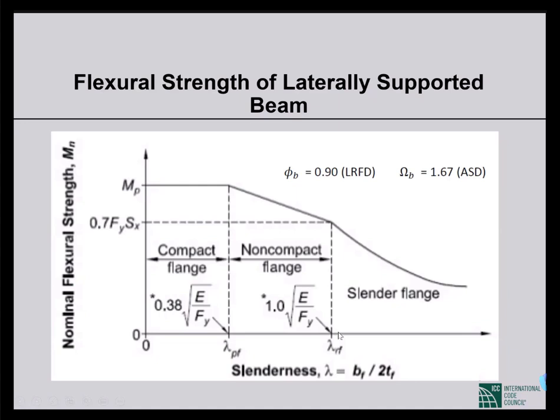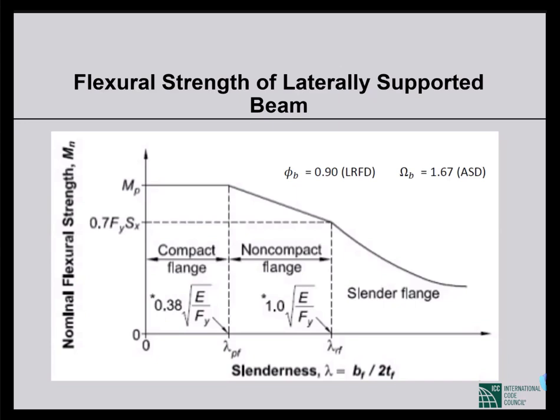So we'll expect elastic buckling. That is, no fiber of this flange will reach the yield stress sigma y. It will buckle. If the slenderness ratio is in between lambda p and lambda r, then we'll have a non-compact flange. What we can expect is that there will be inelastic buckling. So there will be some fibers that will reach sigma y, but it will ultimately buckle.